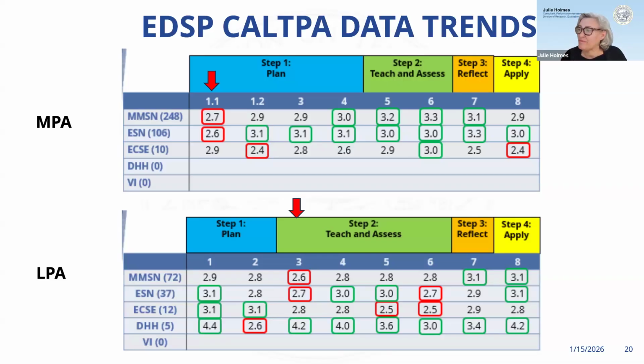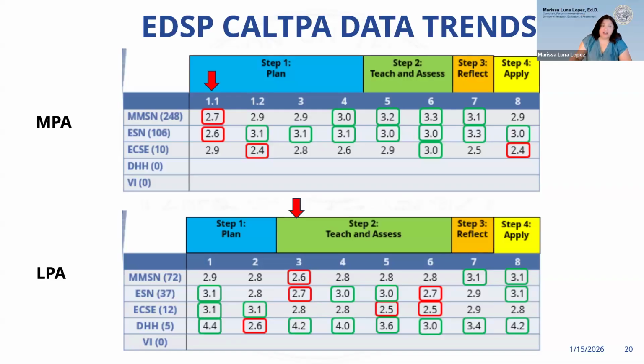Early childhood special education, we circle them twice if they're the same. So just an area of growth would be rubric 1.2. That's that very first focus student. And then that last step in application of next steps. And their highest area was in step 2 in teaching, 3 or higher. So the scores are really, really impressive, especially around teaching and assessing and reflection. So this is really some great data. Marissa, for LPA?